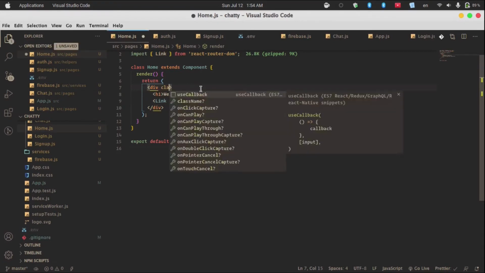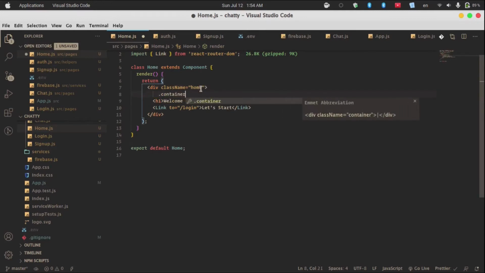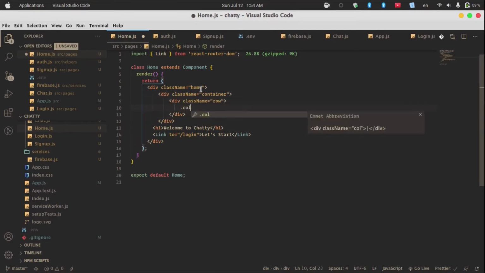We can make it also className home, then container, then row, then column, col-12, column col-sm-10, the column col-md, I think 8,